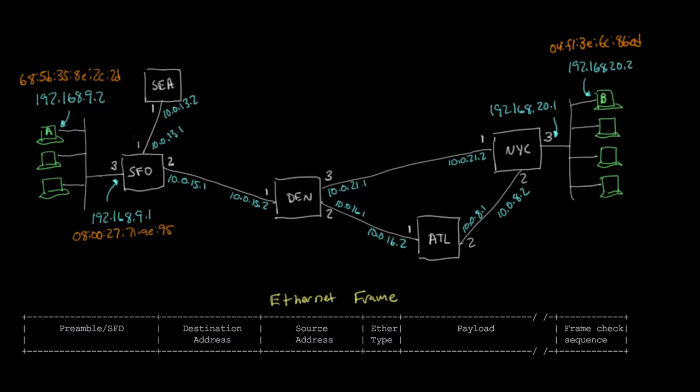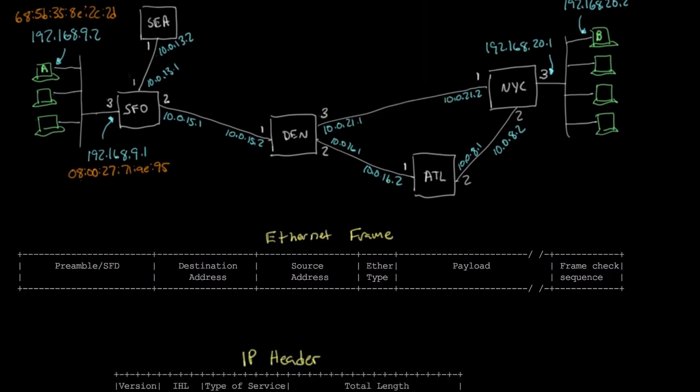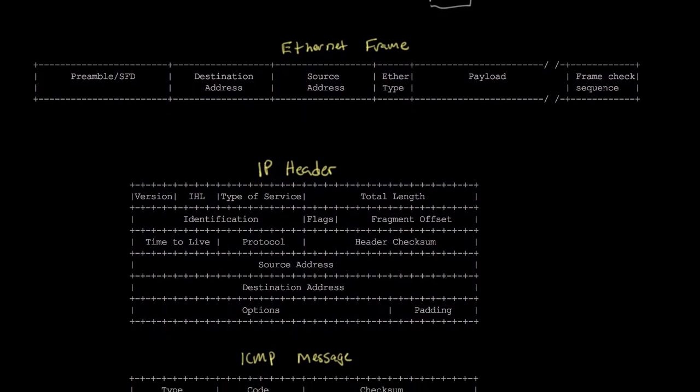So I want to finish up our discussion of end-to-end packet forwarding through this network by focusing a little bit more on what the routers themselves are doing. But before we start with that, I want to take a closer look at what is inside an IP